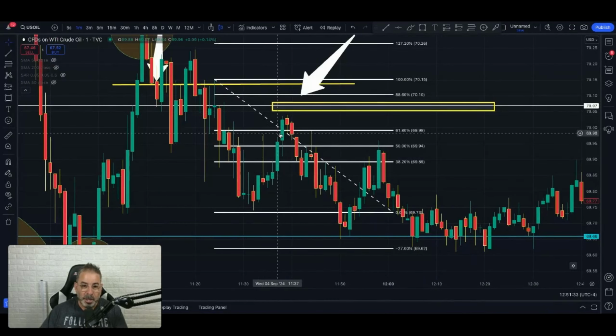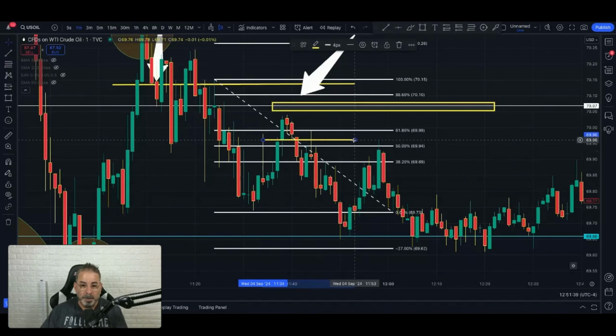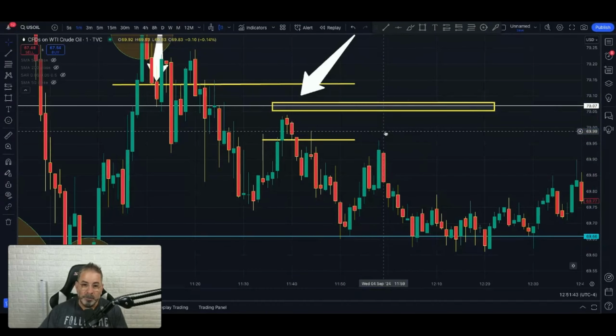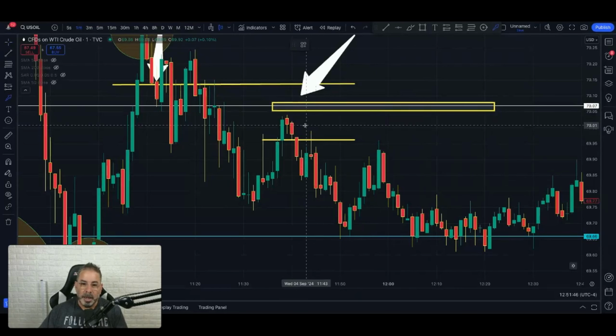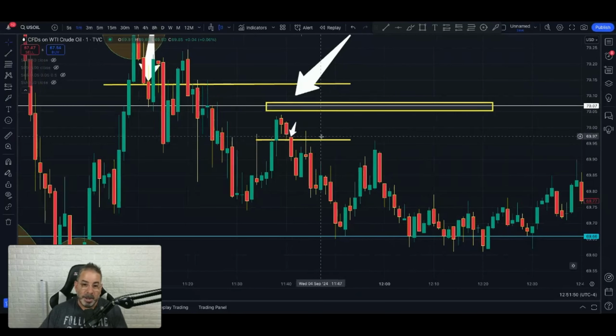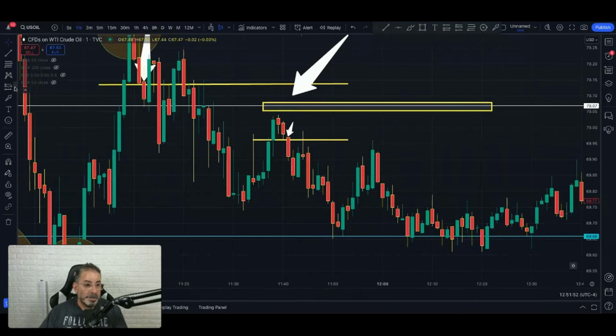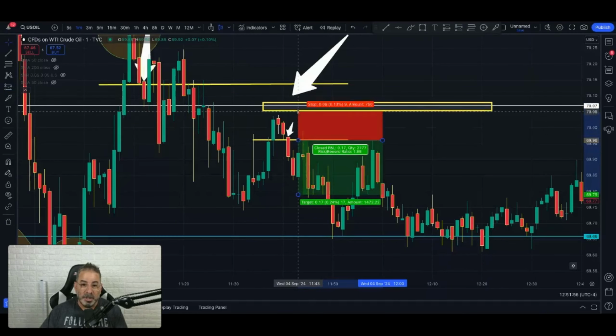1, 2, 3, 4 green candles. Can I draw a line at the bottom of the candle? Yes. Thank you, Fibonacci. That becomes your entry. Now, this wick may have taken some of you out, but that's not where you should be getting out. If that's your entry, your stop loss is above the high. Where was the last candle? Right below the resistance area. Where was the high? Right here.